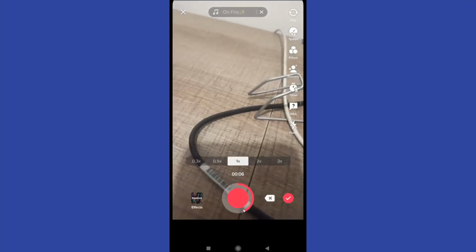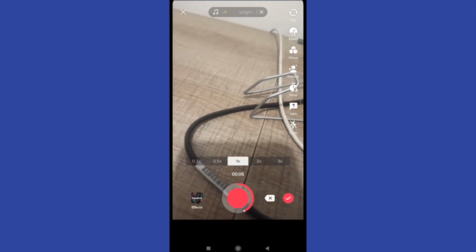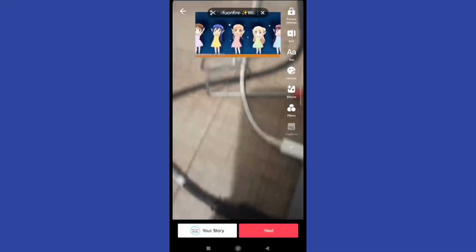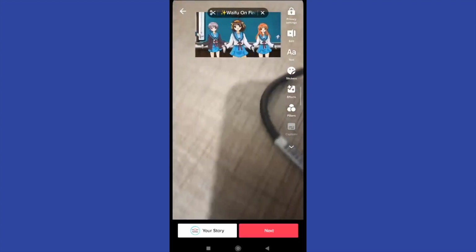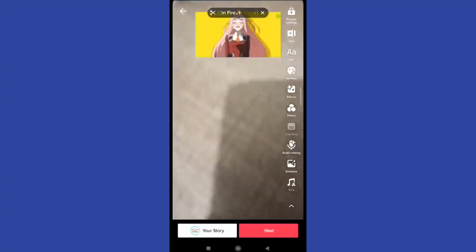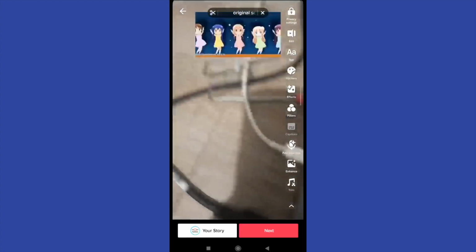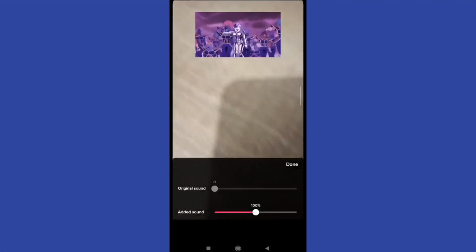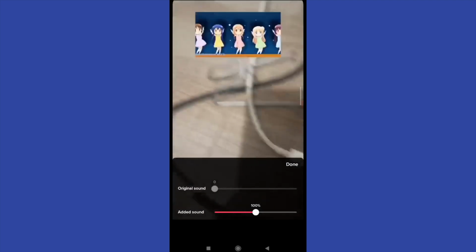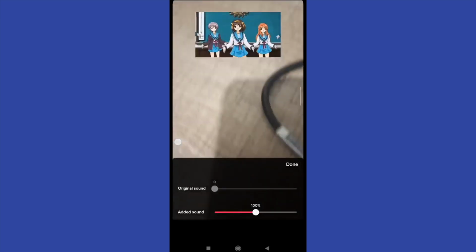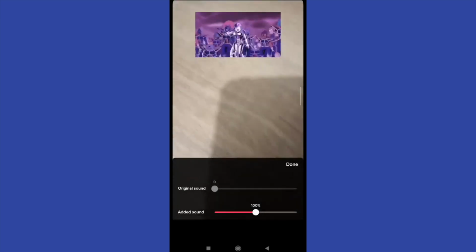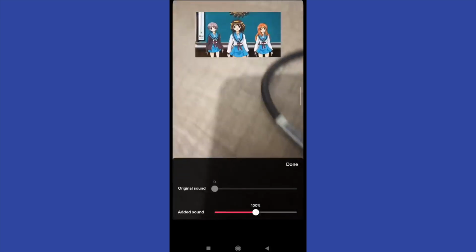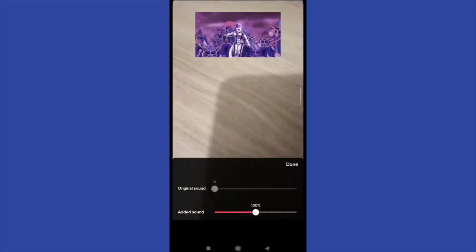If I go on with this process, on top of it, I have the audio and I have in the right menu different options. If I tap on the down arrow, I'm going to expand these options and there's an option that says volume. Here I have my original sound and my added sound. Because I started to create this TikTok with the added sound,